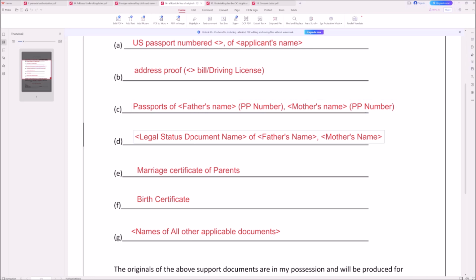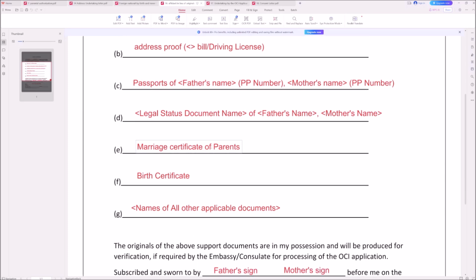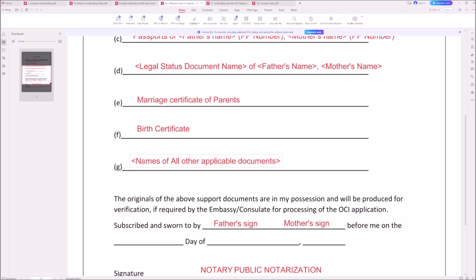Then legal status document name of father's name, comma, mother's name. So basically you can mention US visas of father's name, comma, mother's name. Then marriage certificate of parents, you can write it as it is. Then this is the birth certificate of applicant, and you can add the names of all other applicable documents in your case. So whatever photocopies you are providing, you need to mention those names over here,